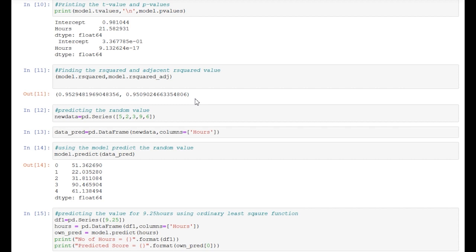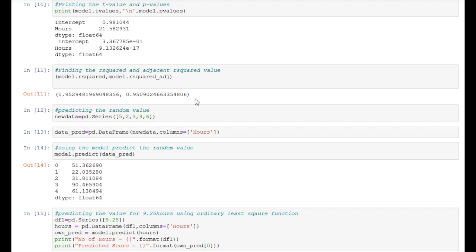After that we have to predict a random value. For that we use a Series and give a number of hours. We have to convert the data into a data frame, so we use pd.DataFrame with new data and column. For column hours, as our input is hours, we select the hours column. After that we predict the values using model.predict, as the model was created by us.